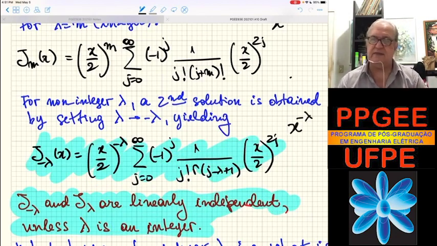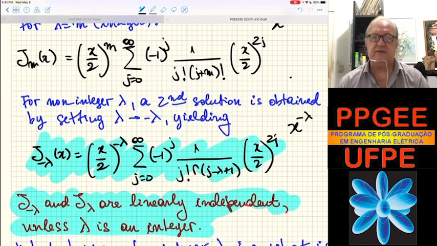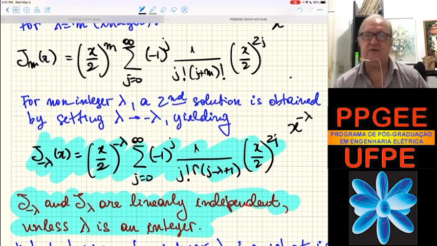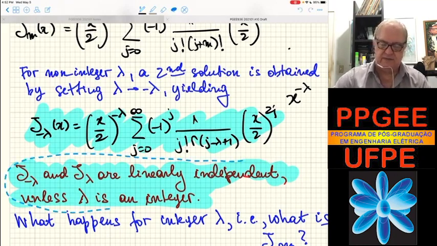Lambda is a positive number; I've already included the sign. You're going to have an inverse power, in fact, as the lowest order. So you're going to have some divergence at the origin. That is okay, right? You just have to avoid using the solution when your domain includes the z-axis, for instance. So these are two linearly independent solutions of the Bessel differential equation,